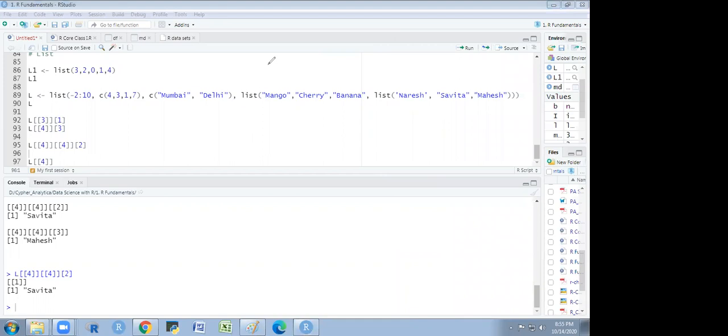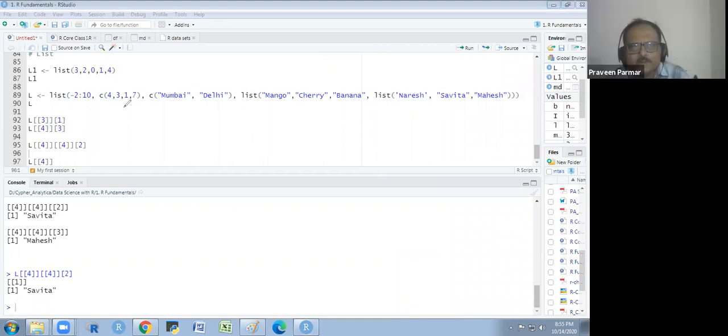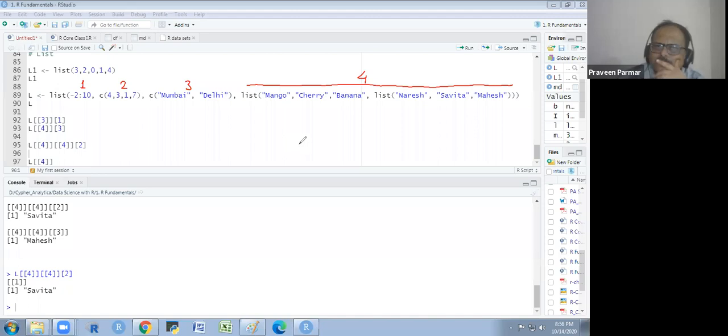Sir, why do we write 4 two times? I am telling you. This is the first, second, third, and this one is 4. Okay, this whole. Correct? So the first 4 is, we are selecting this one.